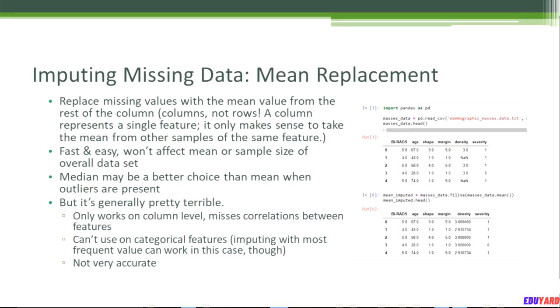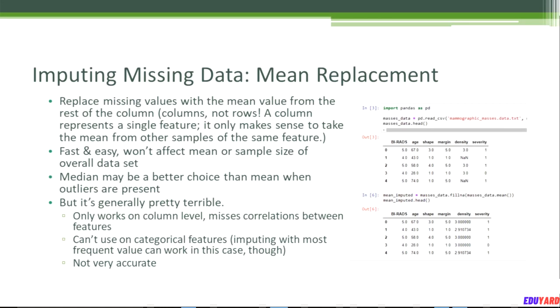First of all, it only works on the column level. So if there is a correlation between other features in your dataset, it is not going to pick up on those. So if there is a relationship between, say, age and income, that relationship is going to be totally missed. So you could end up saying that a 10-year-old is making $50,000 a year because that's the mean of your dataset, but it really does not make sense, right? I mean, a 15-year-old would not be making that much money yet. So it's a very naive approach from that standpoint.